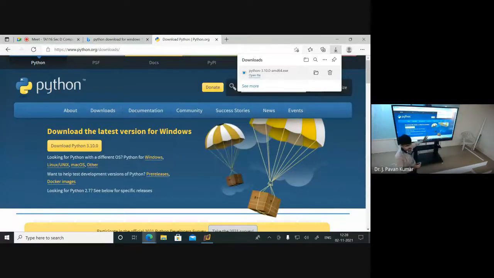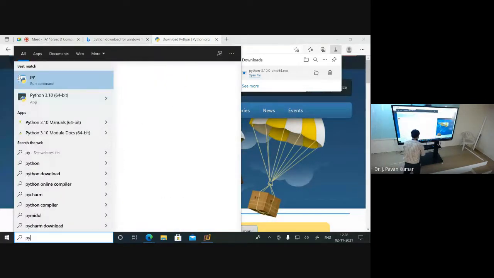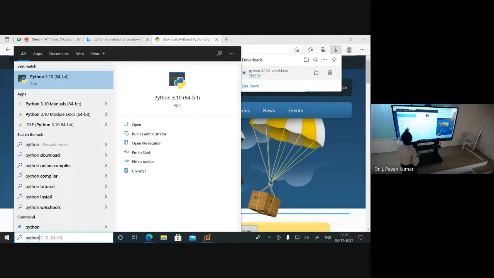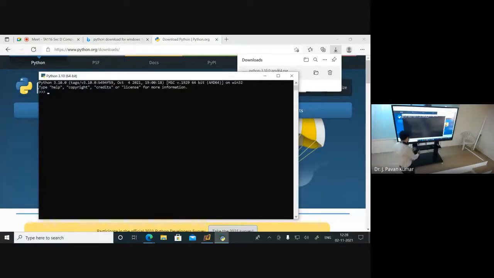After installation, you can go to the Windows menu here and find all of these. You can even type Python. Here, 3.10, this is the one which we have installed. Just open it. Then you can type here.